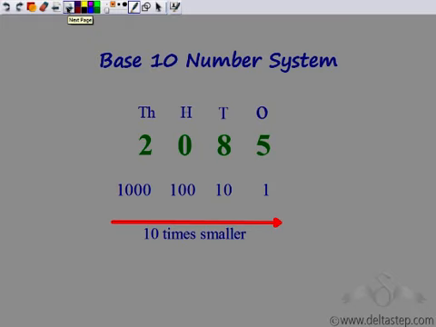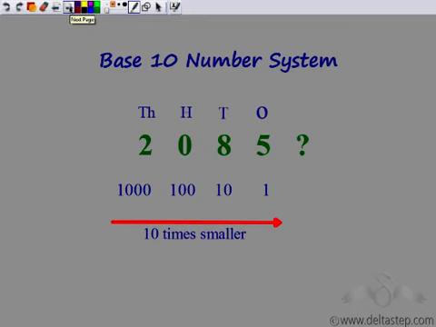From thousands, if I divide 1000 by 10, I get hundreds. Further, if I divide hundreds by 10, I get tens. If I divide 10 by 10, I get ones. Now what I needed was a number less than 1. That is, we had to represent numbers less than 1 by fractions, which we'd seen. Now how do I represent that in my chart here? So what if I cross this line and go beyond ones? What if I further divide by 10?